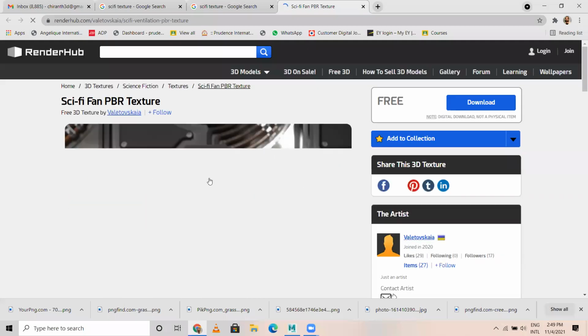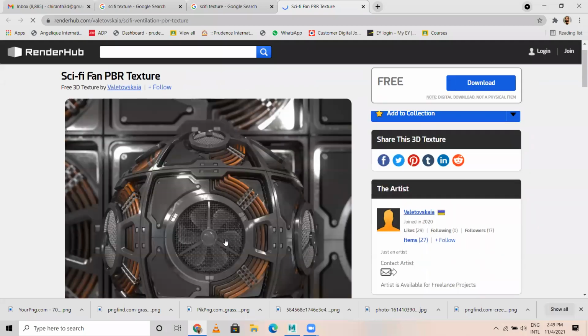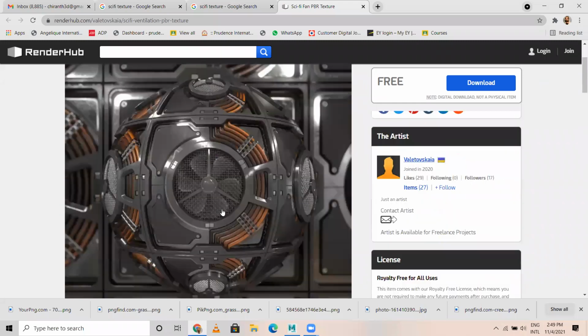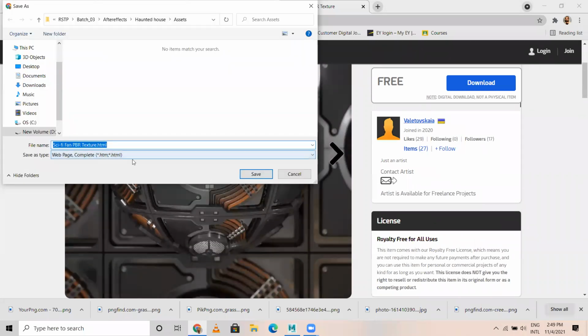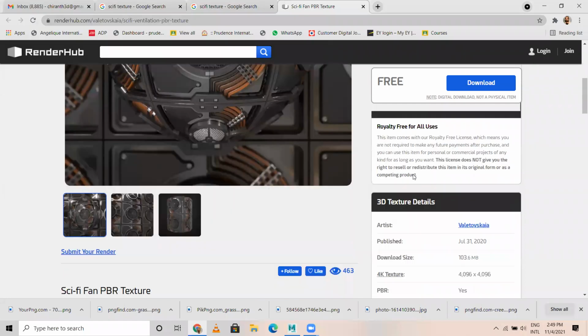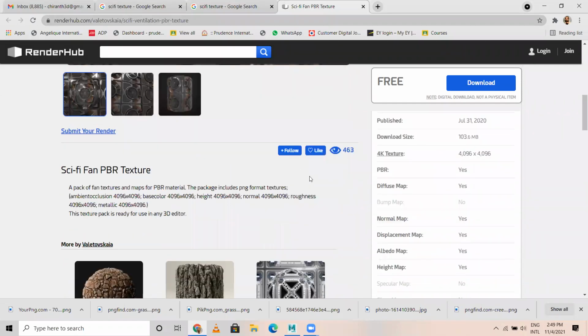I open this. This image looks really cool. I would like to download this. Right click, save as, not as an HTML. That's what you need to see. We need to download this as a JPEG.